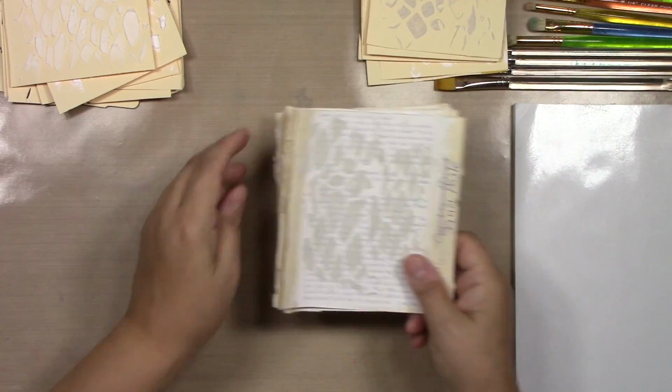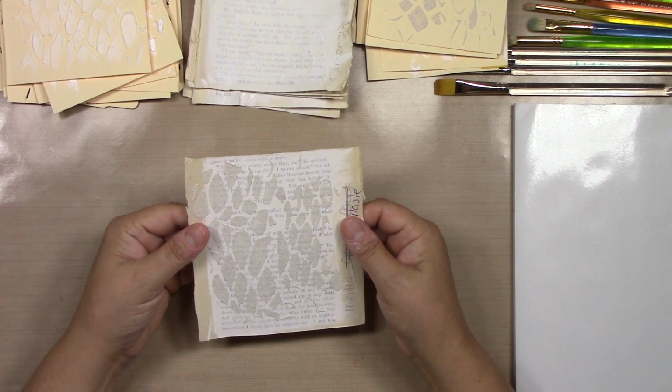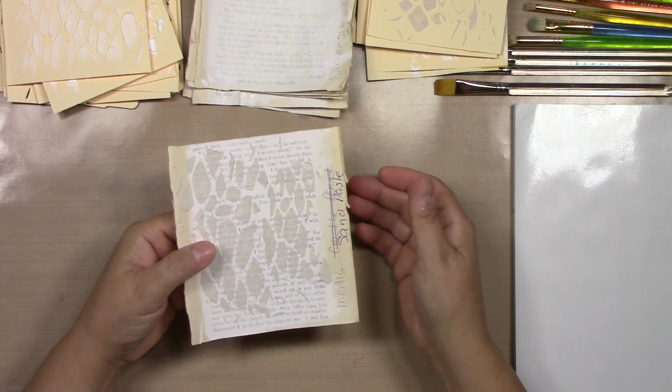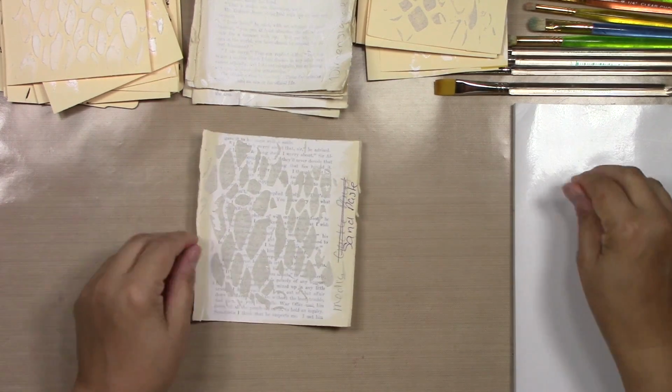But I want to try it on the book paper so we can work with the transparency. So with the sand paste, what can we do with sand paste? Well, with the sand paste, I don't really want to alter the sand because if I use it for a piece for a beach scene, I really don't want to alter that color. It's actually pretty nice just the way it is, but I want to show you